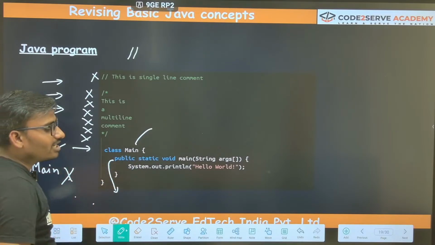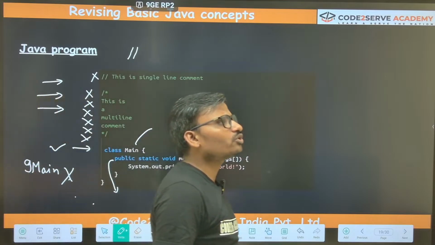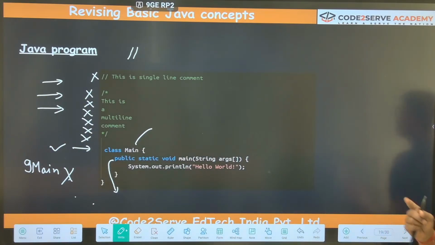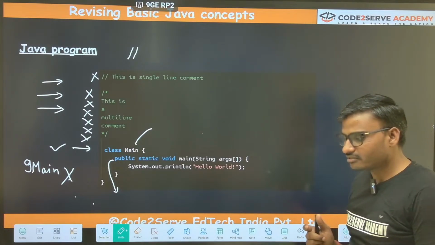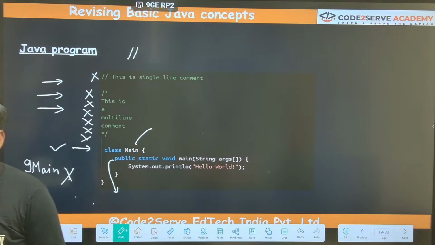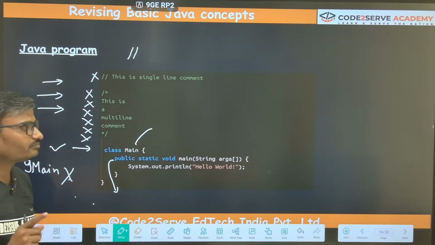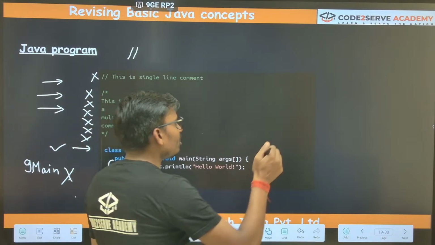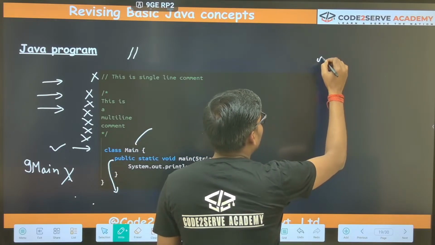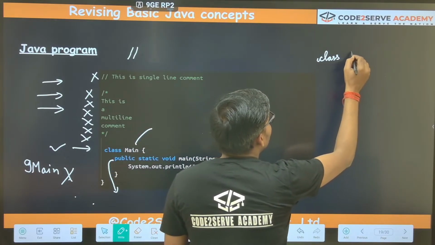Okay. Now, you might have learned the static keyword in the previous classes, I'm not sure. I don't think you will understand it right now, but I'm giving an example. Suppose I'm trying to create one class, class Student.